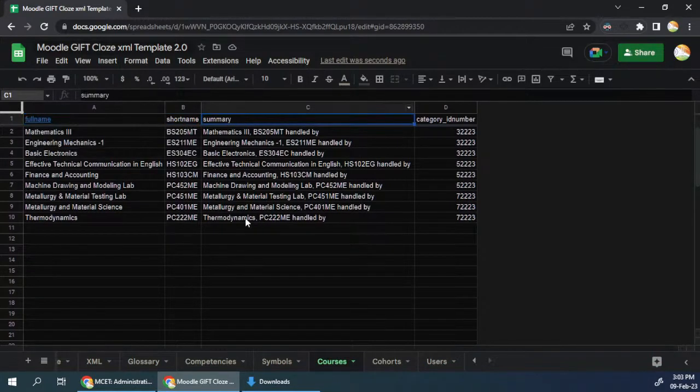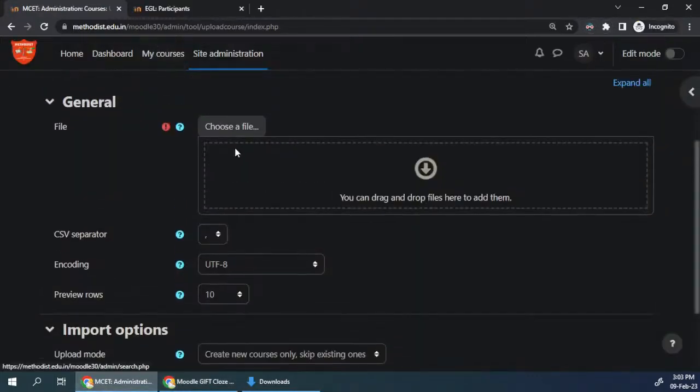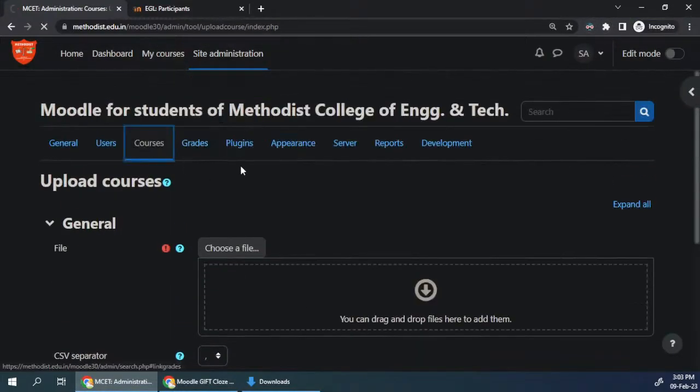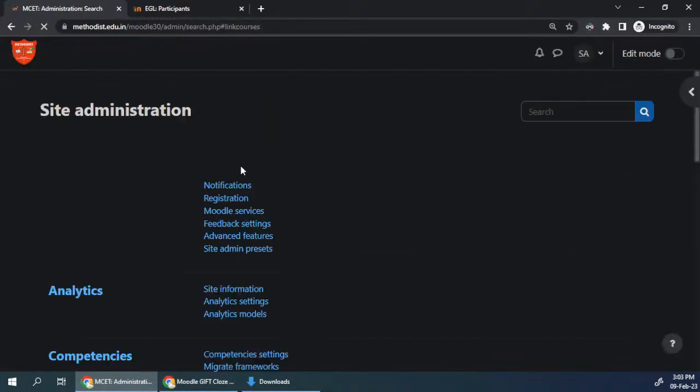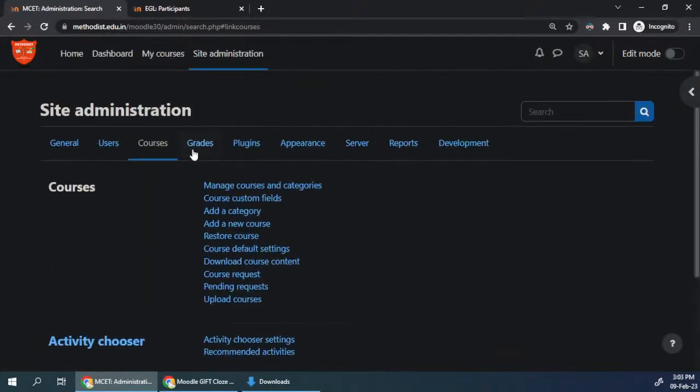We have to give a short summary about that particular course, and category ID number. Fine. So this category should already be created and should be present on the Moodle site. Okay, so when we go for courses, we had seen an option to create the categories. So in the courses, add a category option you have seen, and if you go for manage courses and categories,